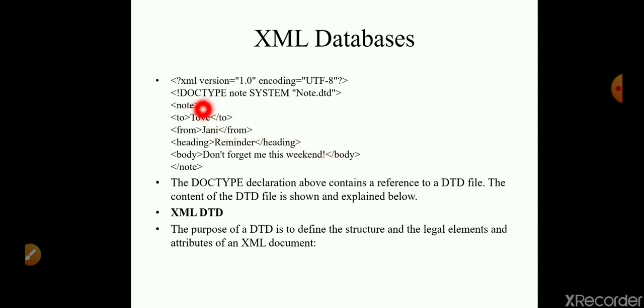As I told you before, note is the root element, and to, from, heading, body are the child elements, and /note is the end tag of this root element. The DOCTYPE is a declaration. It contains a reference to a DTD file, the document type definition file.